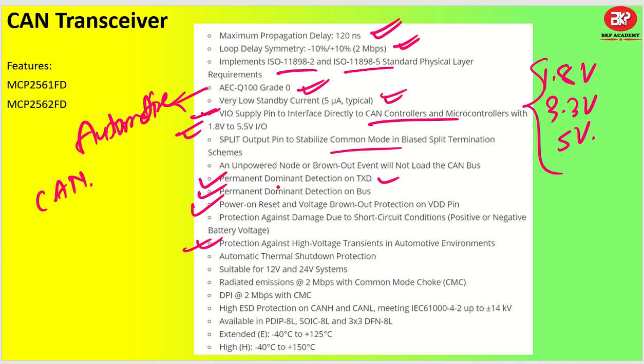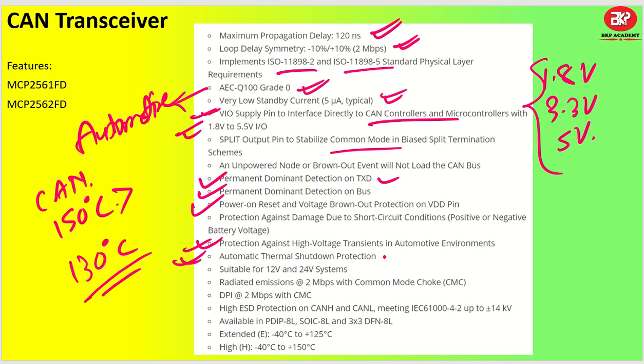As you can see, it has automatic thermal shutdown protection. It means this IC allows you to heat up to around 150 degrees centigrade. As soon as the temperature goes beyond 150 degrees centigrade, the IC goes into shutdown mode and enters back into working mode once the temperature returns to normal values. So there will be some hysteresis. It doesn't start working right at 150 degrees centigrade; it will cool down to maybe 130 degrees centigrade, which will be available in the DC characteristics.